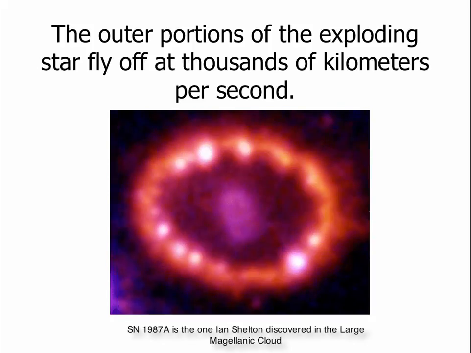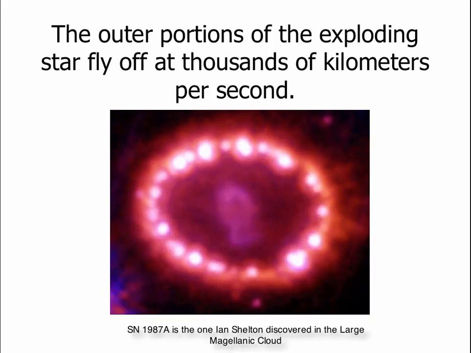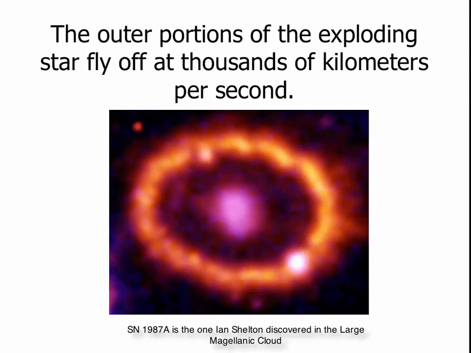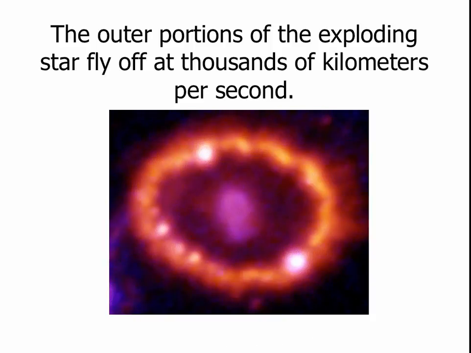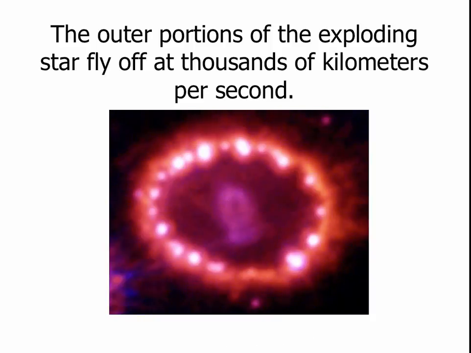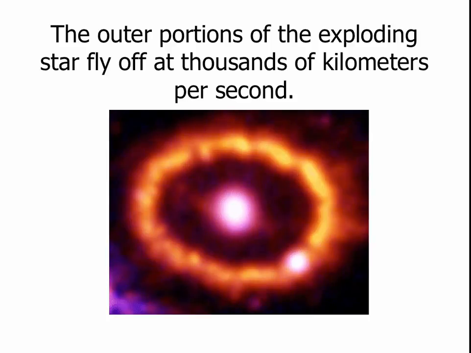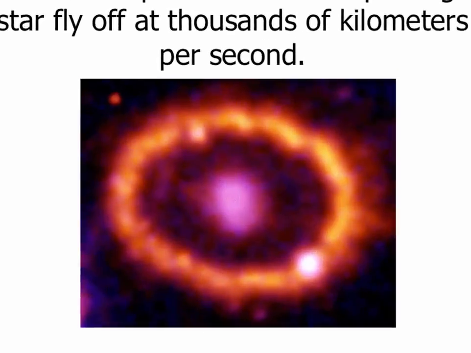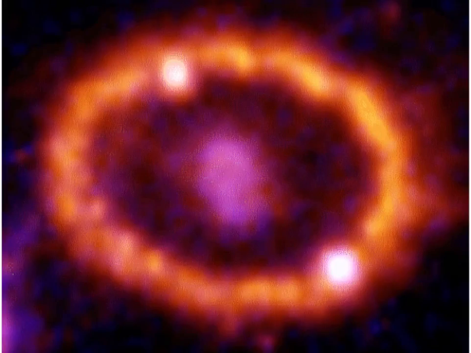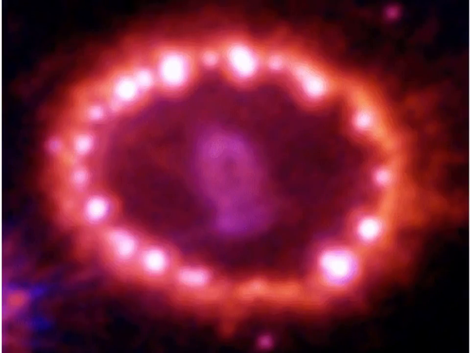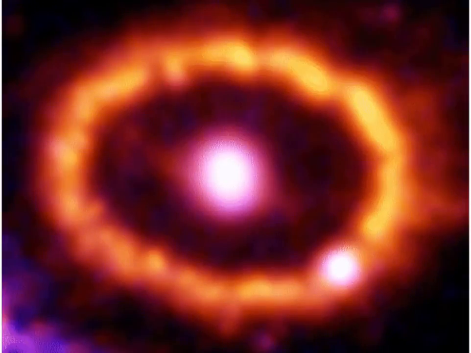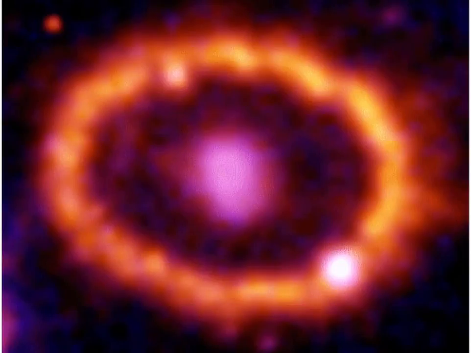The ring is not material that was thrown off by the supernova. It's a ring of material that the star ejected several hundred years ago. And you can tell when the blast wave from the supernova hits this ring by when it lights up here. This ring is a few light years across, and the movie you're seeing lasts about a decade or so. So the blast wave is able to get to this cloud of material in a very short amount of time